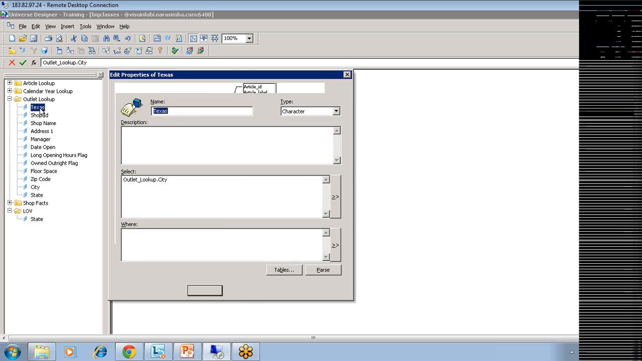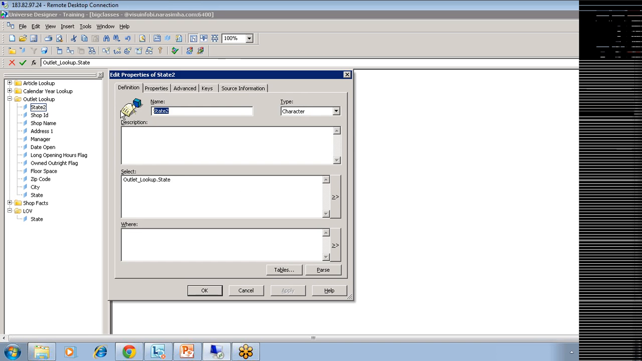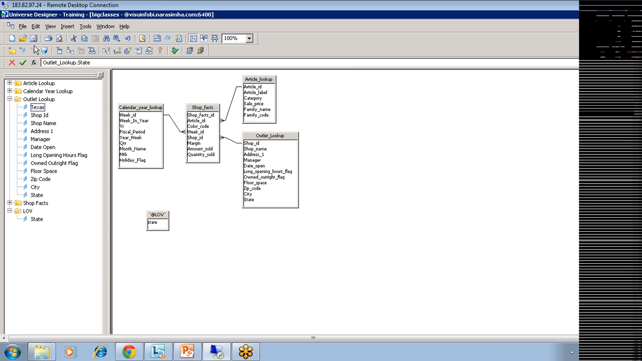Oh. See here, I'm going to apply, not Texas, delete it. I'm going to duplicate state object. Now I'll name this as Texas. And here my where clause is equal to Texas. Click on apply, click on OK. Now I have Texas object, save it, export,